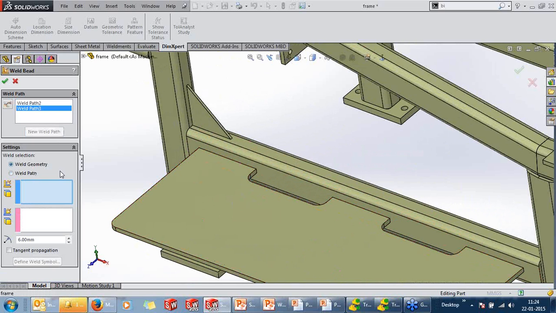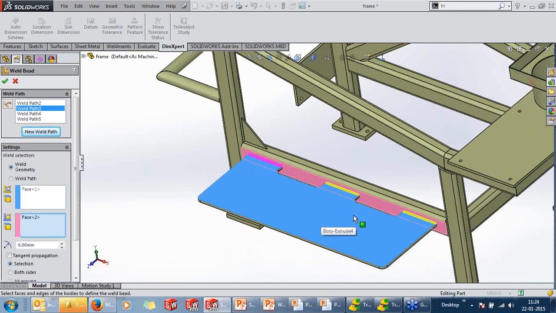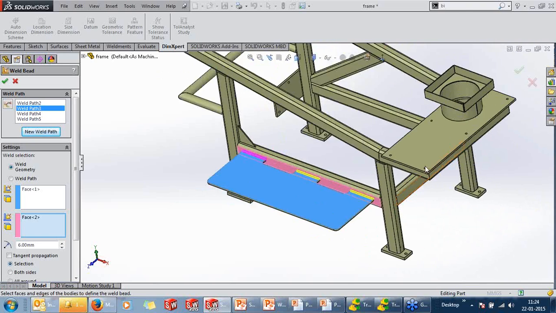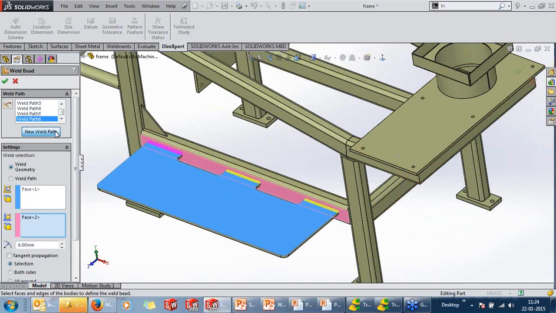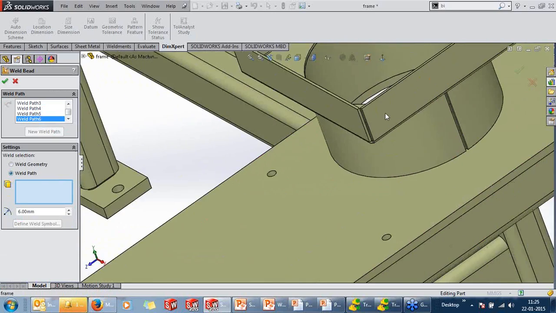These are only two components. In previous versions, if you select two different components, SolidWorks used to highlight only one weld bead in here. But now SolidWorks understands it is a single component and everything has to be welded. So SolidWorks is much easier, and it understands the requirement of the designer as well.